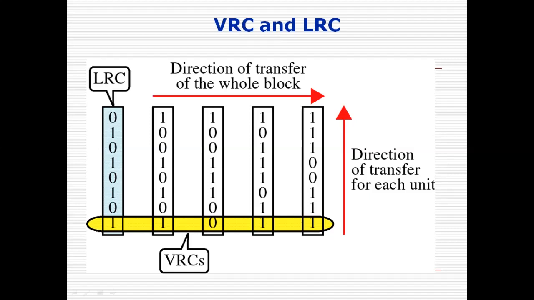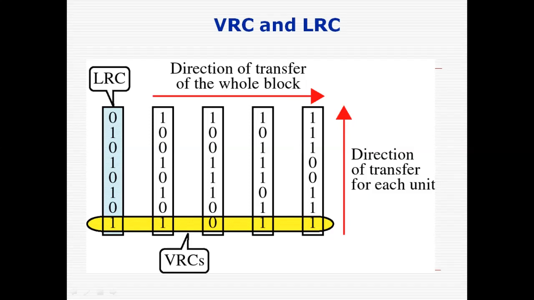Suppose we have this first block of data given here: 1, 2, 3, 4, 5. We will add 1 as a parity bit here. This is called the VRC. Again in the second block, 1, 2, 3, 4, 5, we will add 1 as an even parity VRC bit. In a similar pattern here, there are 4 ones in the data, so we will add 0, and we calculated the VRC.